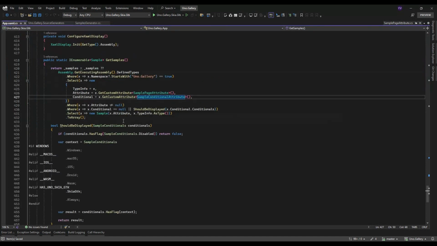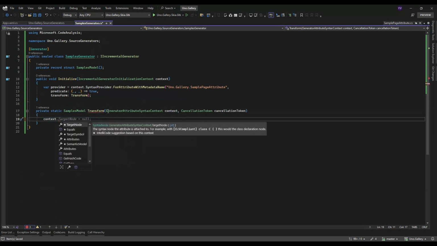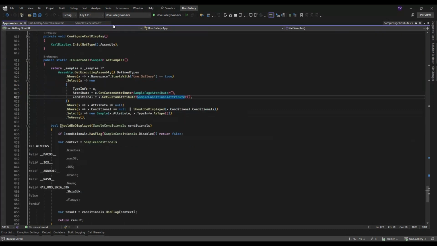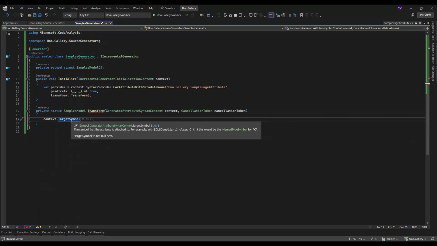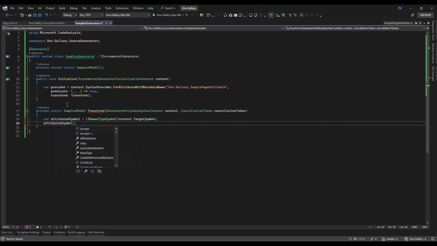So here we have the context and we have the target symbol, and we could cast that to INamedTypeSymbol, attributedSymbol, and then we can have attributedSymbol dot